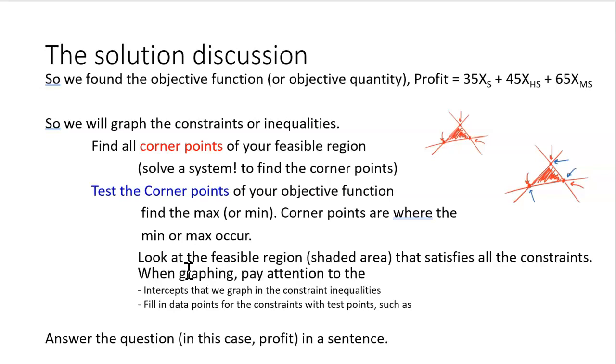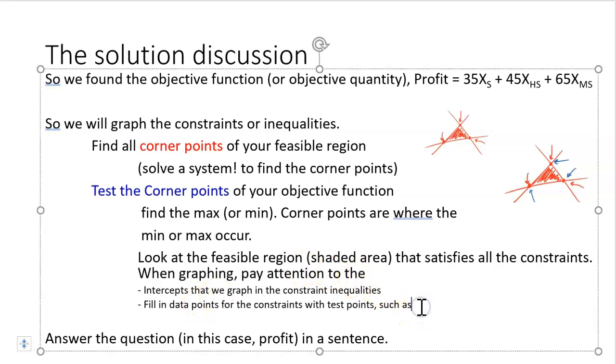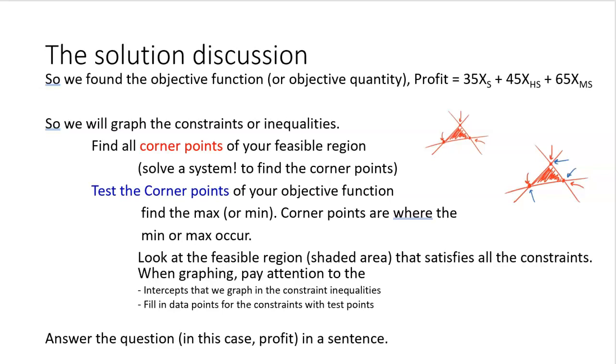This feasibility region satisfies all the constraints, so any answer in that feasibility region will work. But remember, in this problem we were looking to maximize profit. When graphing, we want to pay attention to the intercepts that we graph in the constraint inequalities, and we want to fill in data points for the constraints with test points. And then in the end, we want to answer the question, in this case profit, in a sentence. So overall, we want to figure out how many standard doors